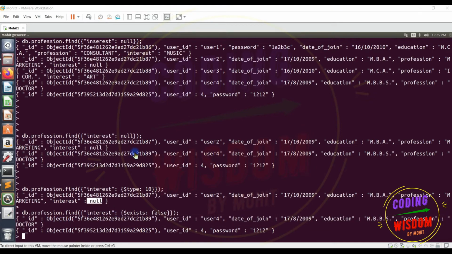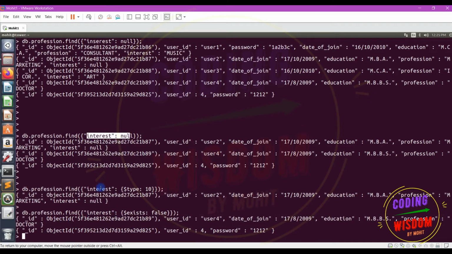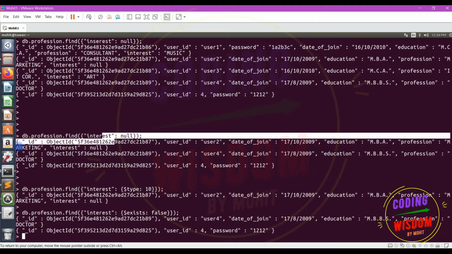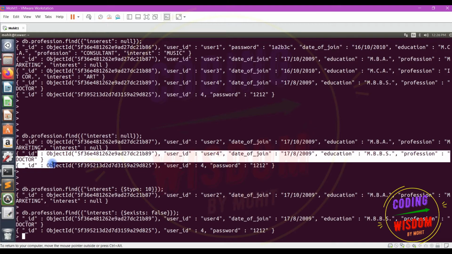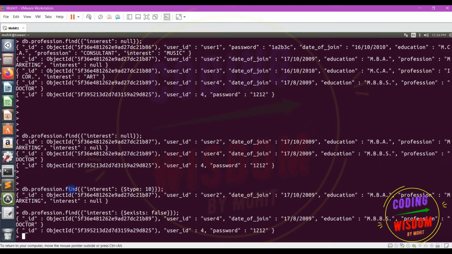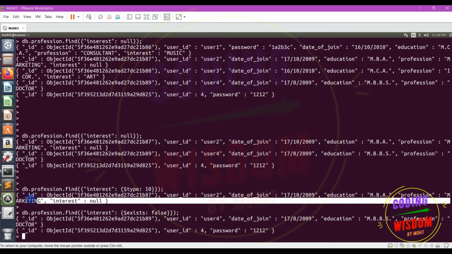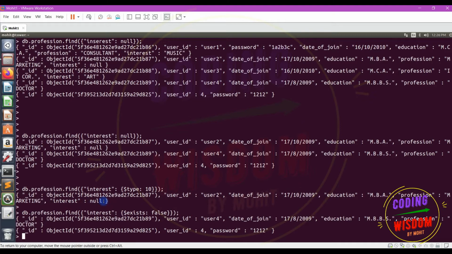Now we have three methods: interest equal to null, interest type 10, and exists false. You can see clearly the difference between them. So first, interest equal to null returns the documents where interest either equals null or the field doesn't exist. Interest type 10 returns the documents where interest equals null, meaning the field exists but is null.